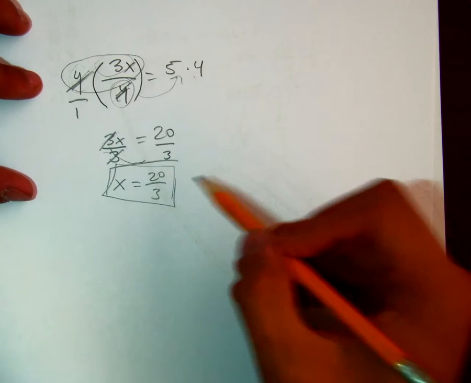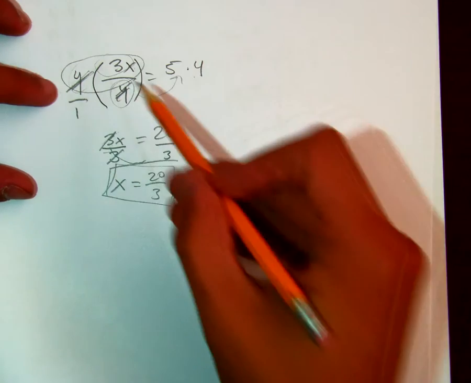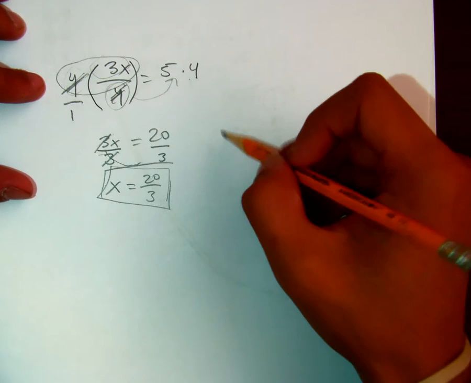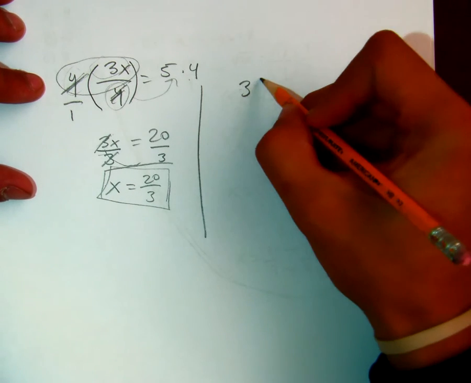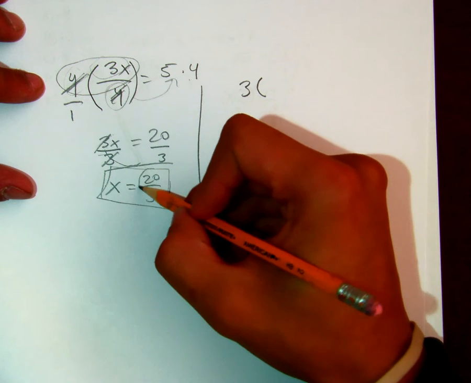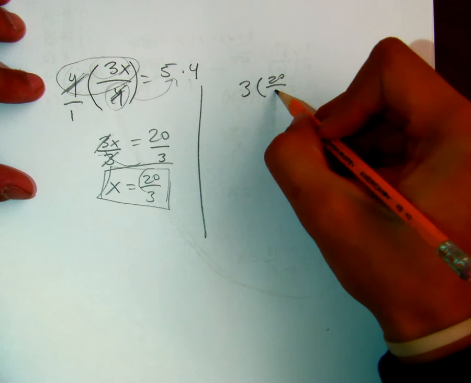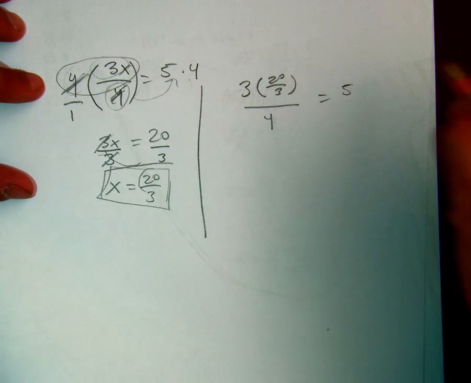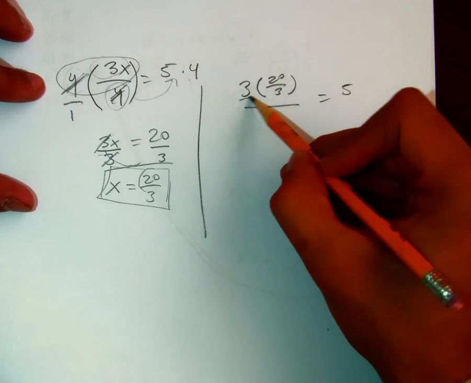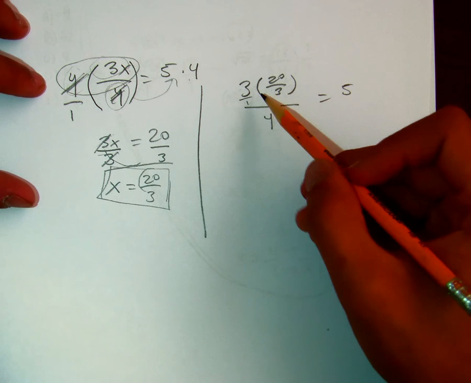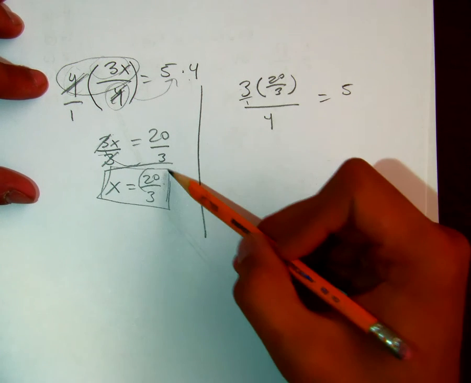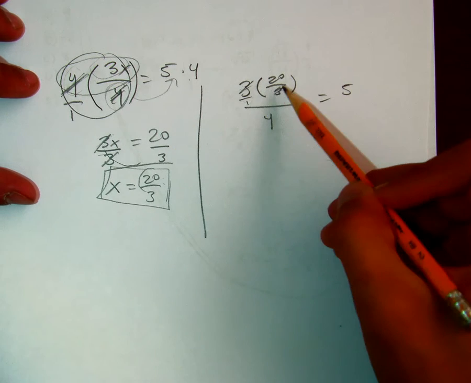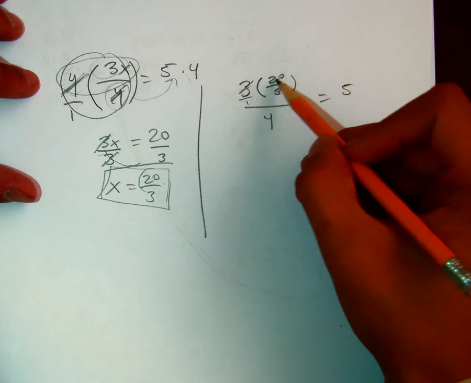And to check, you plug this x value into the initial equation, which is 3x over 4 equals 5. So let's try that. 3x times the value we got, which is 20 over 3, over 4 equals 5. So this 3, like I said, can be written as 3 over 1, and like we did in this step, we cancel out these two terms which are being multiplied, and you'd be left with 20 over 4